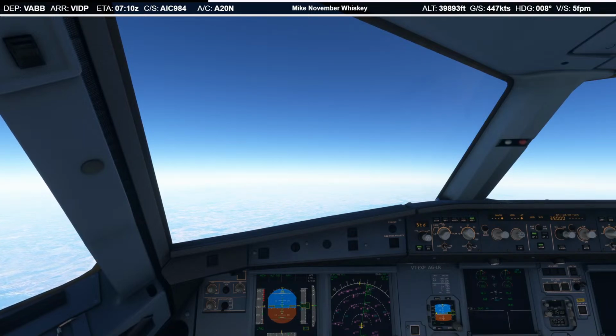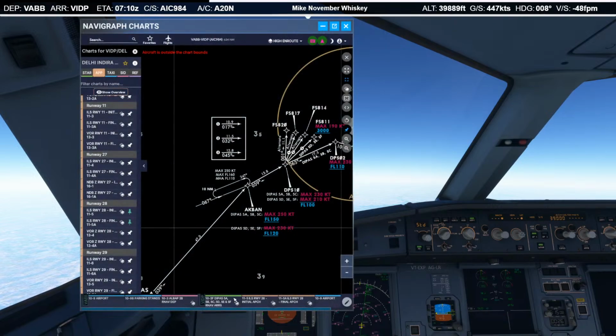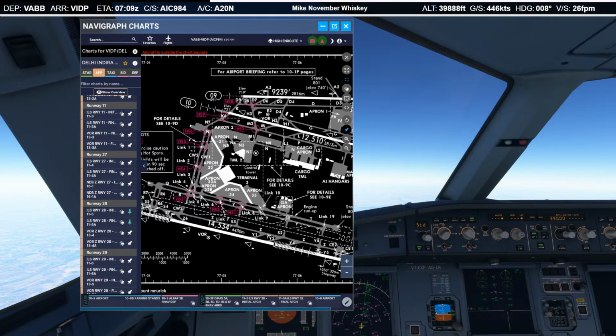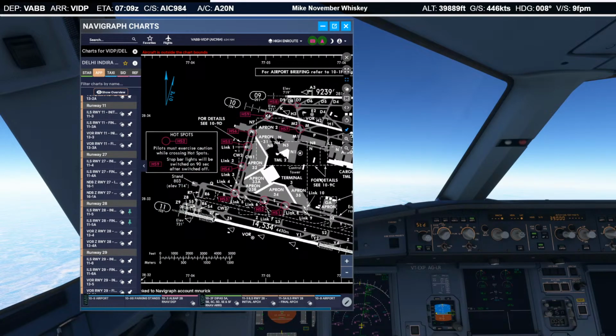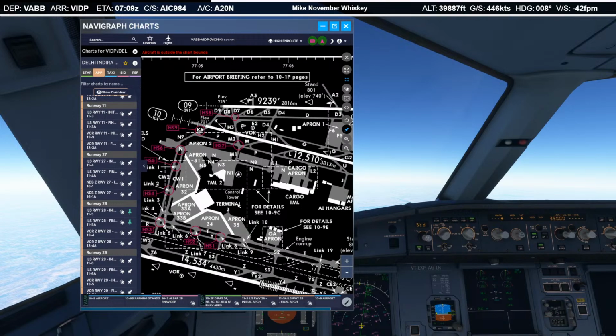And the old Palam Airport is now Terminal 1. It's kind of hard to decipher what the terminals are here. But oh, Terminal 3.